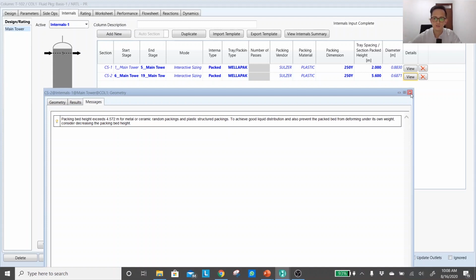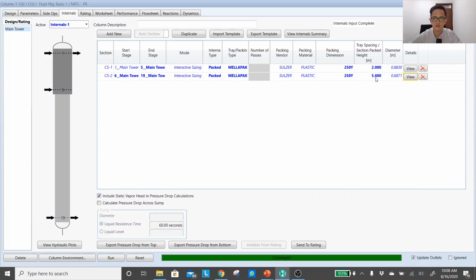So if you want to do that again, that's very possible. Let's say now the arrangement is changed because we want to keep one section of packing to be only 4.4 meter, which means 11 stages.